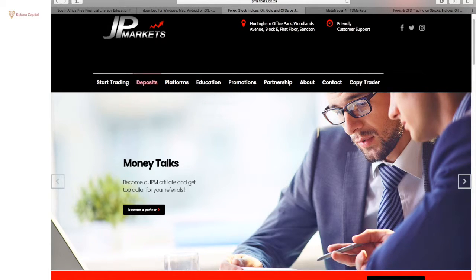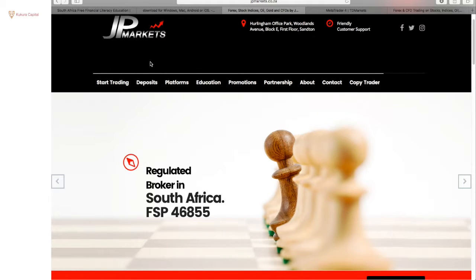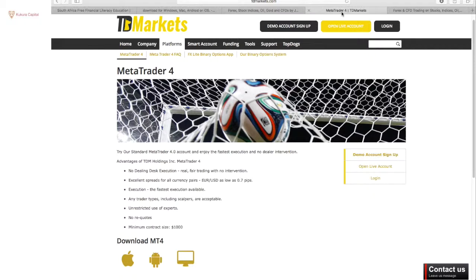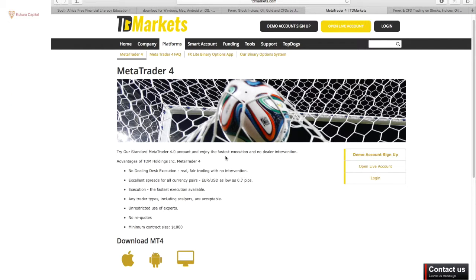And so my personal favorite is JP Markets, and in addition to that, there's no minimum requirement. If you want to deposit a very small amount like 500 rand, you're allowed to do that. As opposed to TD Markets, where the minimum contract size is $1,000. That's about 13 to 14,000 rand, which is quite a hefty amount for some people to deposit in their account when they are starting. If you want to know how much you should start with, we've written an article about that, so you should just go and check our website